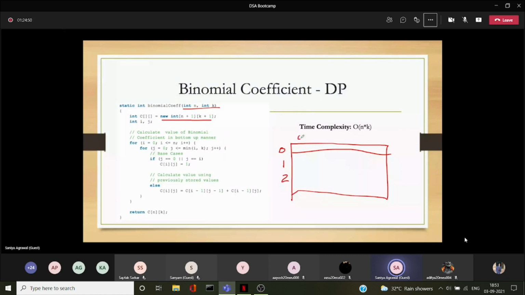So 0, 1, 2, and let's take n to be 3. We will store the values as: 0 comma 0 will have the value of n c k. So n will be the ith index and k will be the jth index. So 0 comma 0 will store the value of 0c0. 0 comma 1 will store